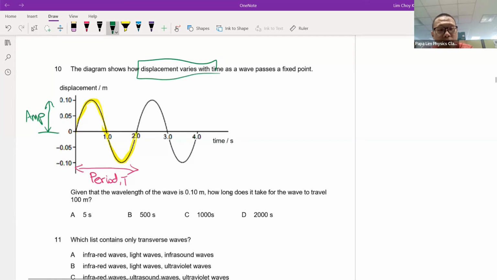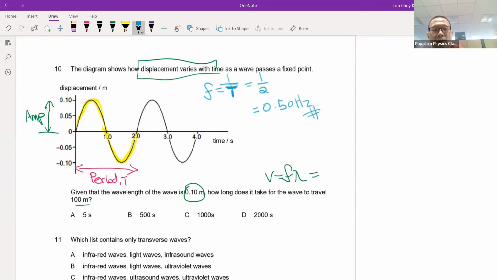Given that the wavelength is 0.1 meter, how long does it take to travel 100 meter? So maybe what we want to do is get the speed of the wave first, v = fλ. The frequency of the wave, f, is 1 over T, so they are an inverse relationship. The period, based on the question, is 2 seconds, so the frequency is 1 over 2, which is 0.50